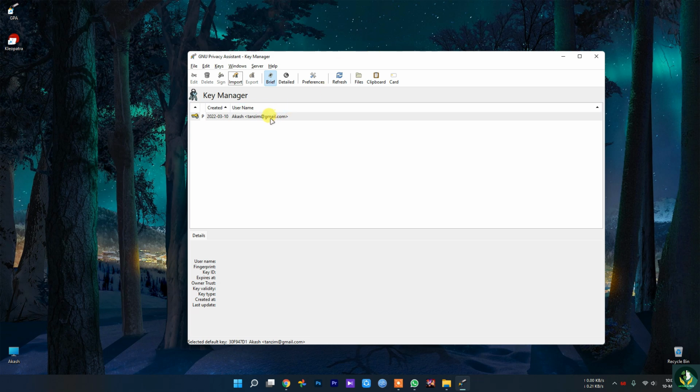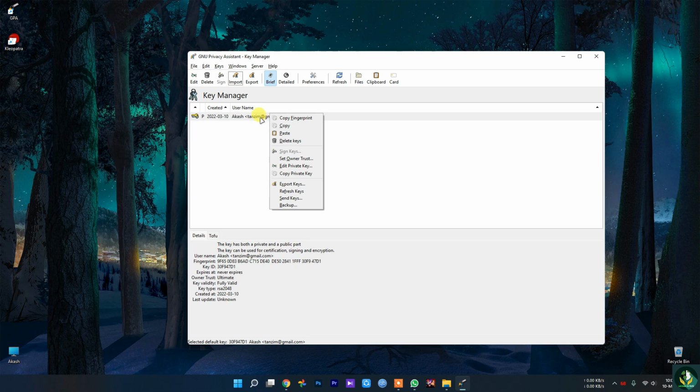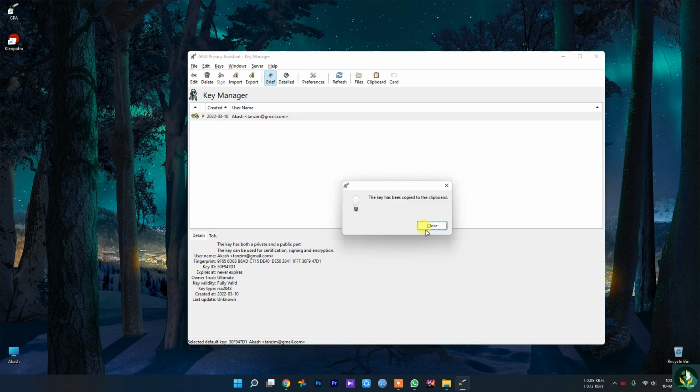If I want to copy my public key, just right click on your mouse and it will give you a lot of options like backup, send, export, copy private key, and just hit copy. As you can see, the key has been copied.